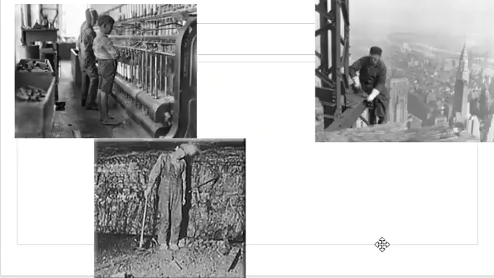And here's some of the jobs that they would have. Here's, once again, some children working. These machines would go up and down, and it was dangerous because if their hand got stuck, they would lose their hand, or break a finger, break an arm. It happened a lot. They also worked on skyscrapers.